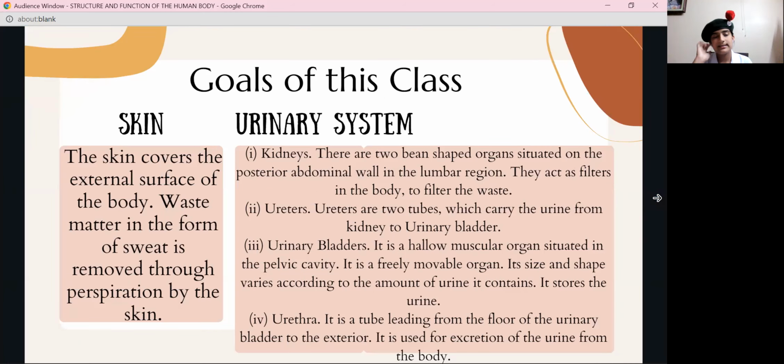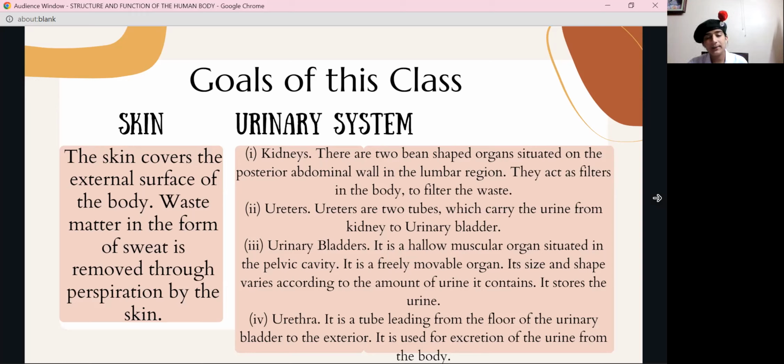So the skin covers the external surface of the body. Waste matter in the form of sweat is removed through perspiration by the skin. So skin is one of the main organs which is needed for the process of excretion in the body. The next system we are going to talk about is urinary system, in which kidneys are the